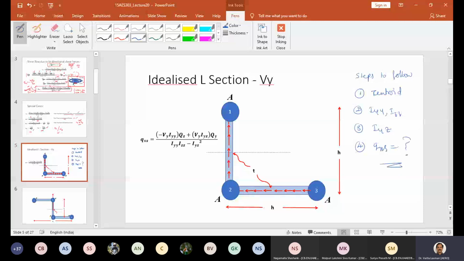That's it. These are the 3 steps. So this is also 8H. This is also 8H. Please make sure what you are seeing here. In this case, very simple. This area is A. Here also A. Here also A. But sometimes they may change. Here it may be 2A. This may be 3A. I don't know. It may be different. Be careful. But in the present scenario, it is simply